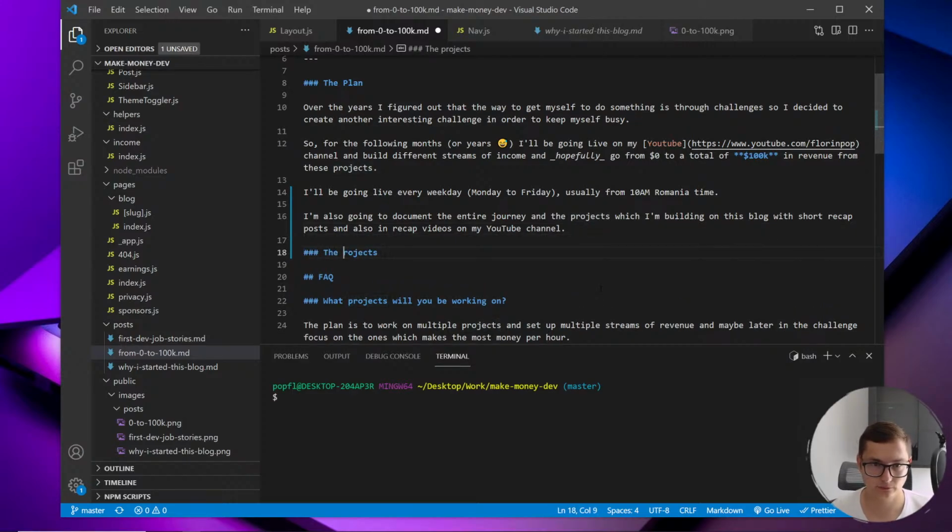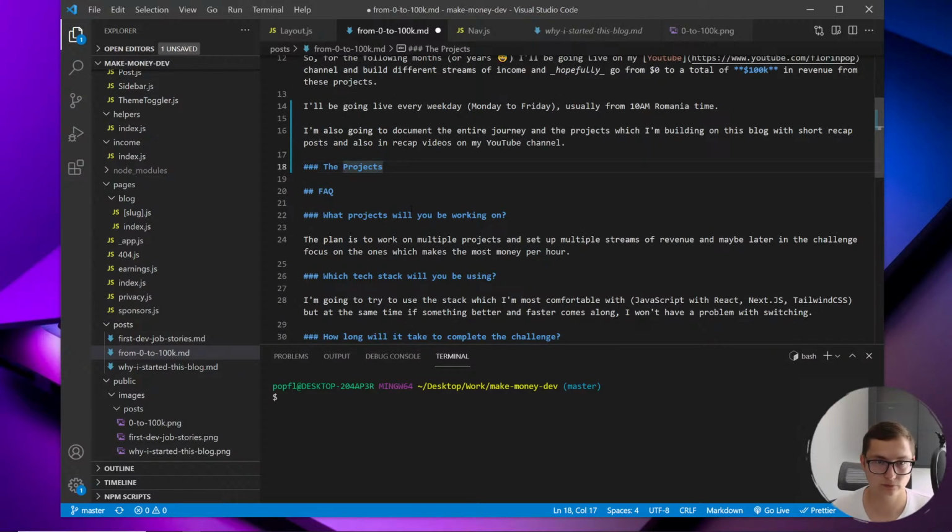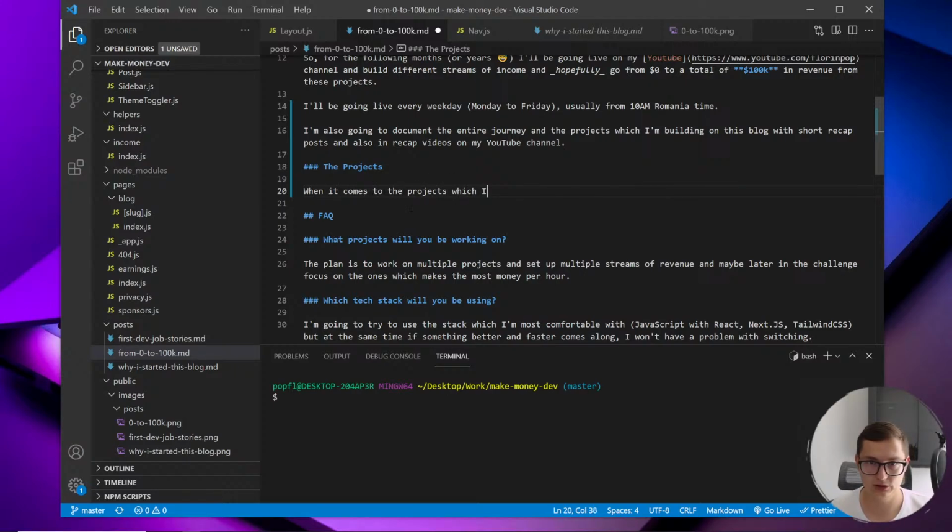The projects. When it comes to the projects which I'm going to build, put time zone. Yeah, UTC +3, but in October I need to remember to change this because it will change. When it comes to the project which I'm going to build, I'm aiming at small to medium-sized projects which can